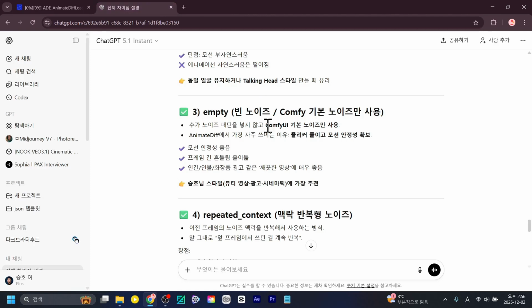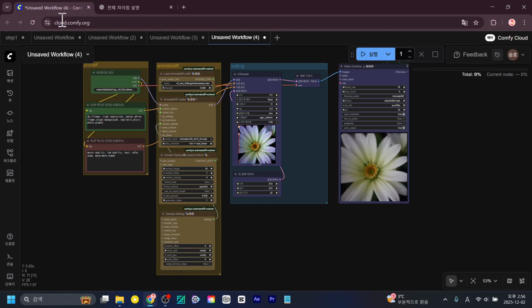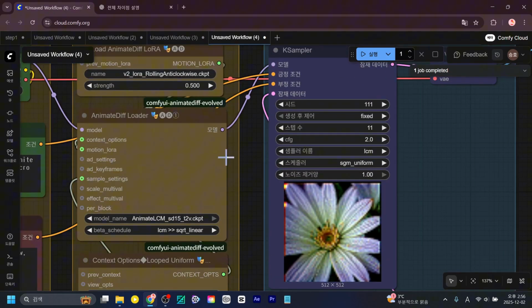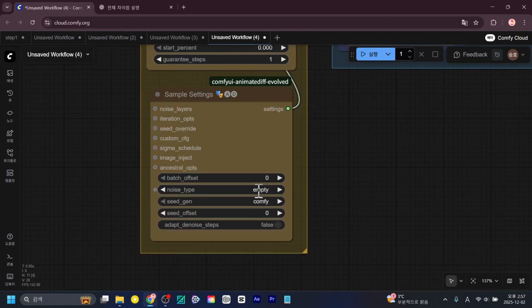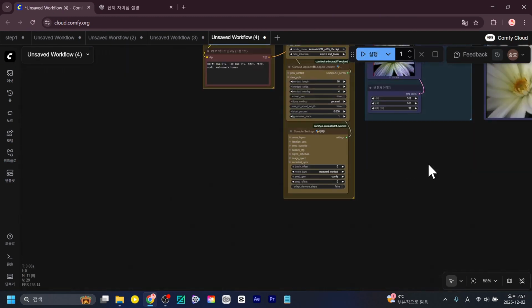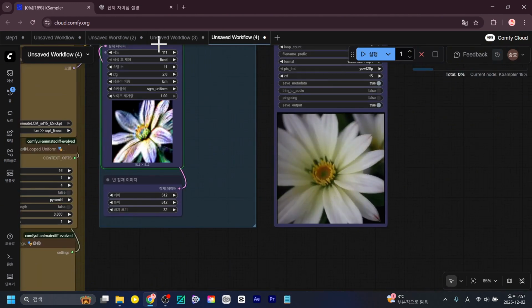But in ClassU, they use a slightly different method. I think it would be better to do it this way. I think using this would be much better. It's a contextual repetitive noise method, where the noise in the image frames is reused as much as possible. So since the very last frames are made to be almost identical, and we only have one motion LoRA right now, we can't really use a lot of motion LoRAs. So I think it's actually more suitable to use this method instead of that one. So whether you use MT or this method, just go with whichever you prefer.